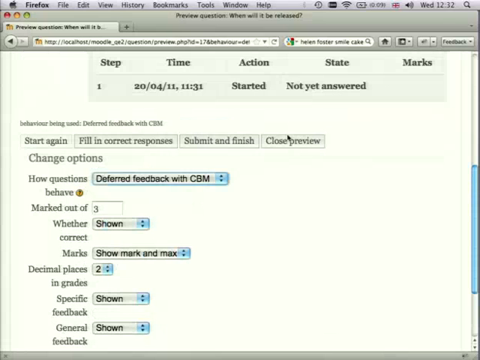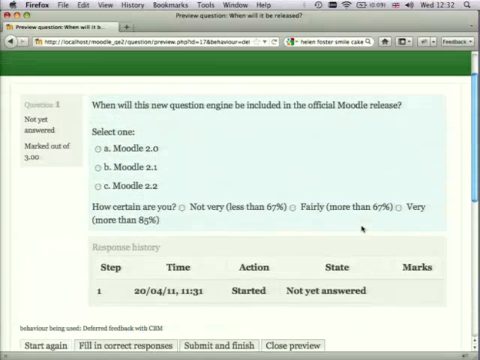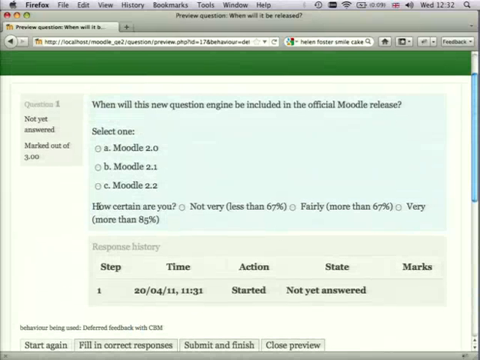So what we've got here is another of the new behaviours, which was introduced to me by Tony Gardner-Medwin from just down the road at University College London, certainty-based marking. So here, above my cursor, we have a fairly standard multiple choice question that we're expecting the students to answer. And so they answer the question, but as well as giving the answer, they have to reflect on how confident they are that they've got the answer right. Are they guessing? Are they sure they got it right? And depending on how confident you feel you are in the answer,